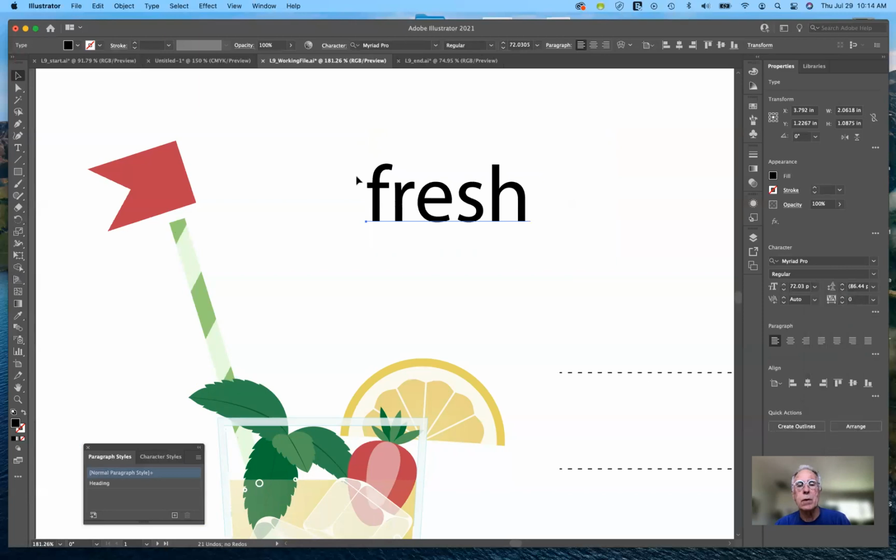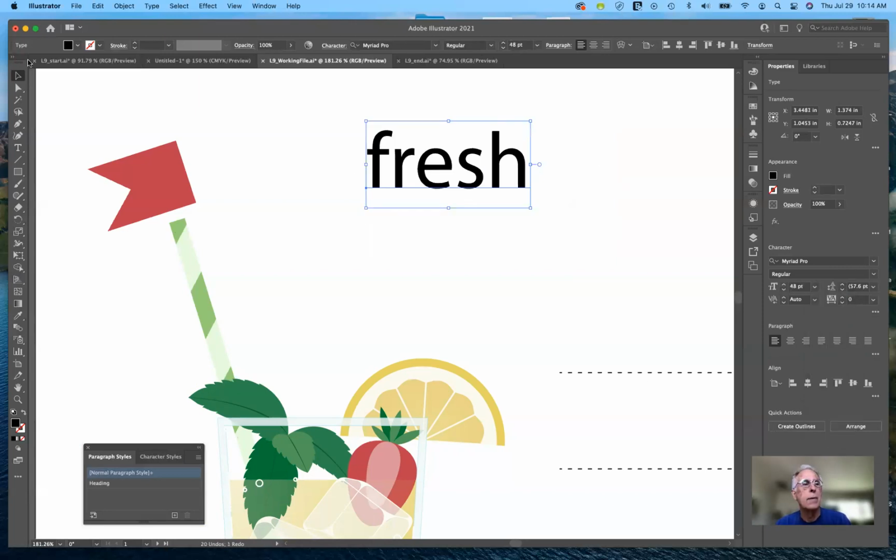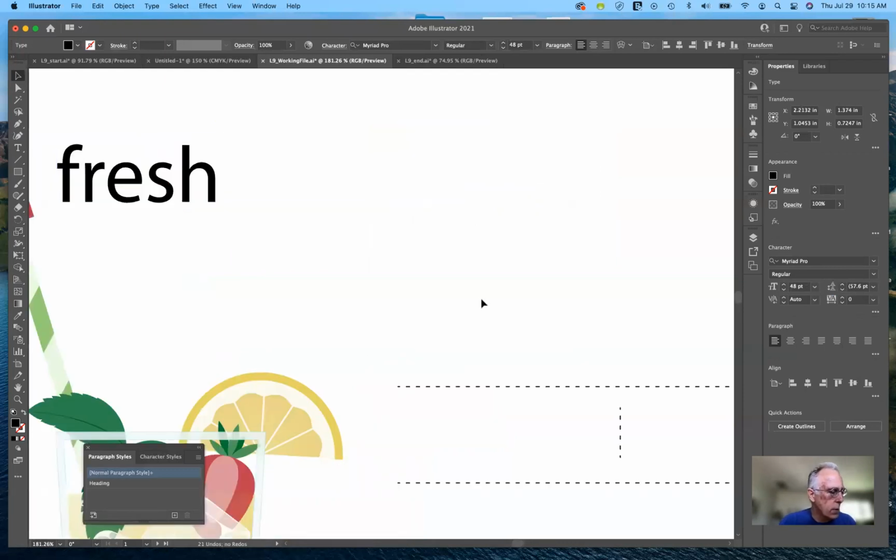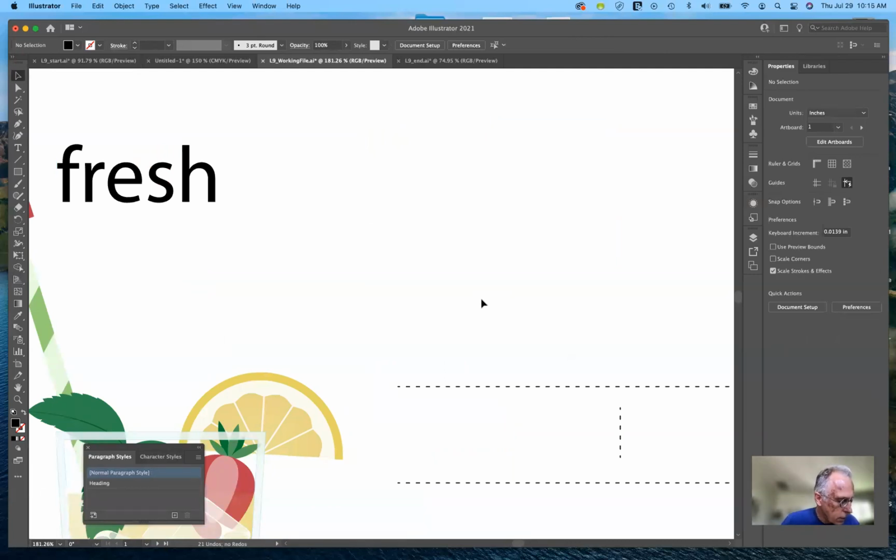Whoops, I didn't want to do that. Let's go back and move it over here. We'll just set it aside for the time being. Then the next thing that we want to do is create additional text. It's going to be for the other parts of our lesson here. So I'll go ahead and click and drag. Instead of selecting point type, I'm going to select an area for it. So if I simply click and drag with the type tool,